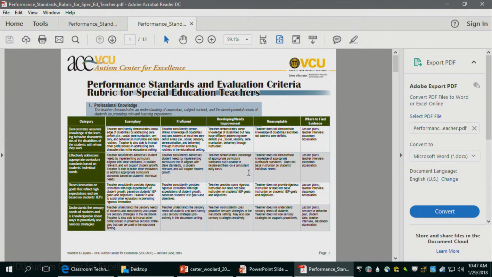The other thing that I really loved about this tool when I used it to evaluate my teachers was being able to have those conversations with them. So we would sit down with this rubric and really talk about what I saw in the classroom, and they could do a sort of self-reflection about some other things that they do, and the whole time I was learning and they were learning. It was a really powerful tool just for interacting with your teachers too.